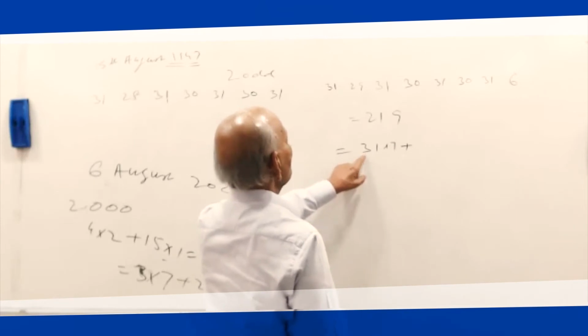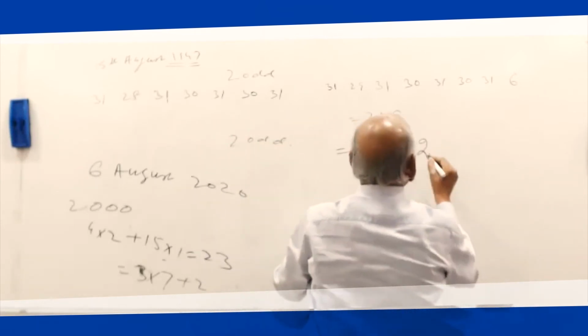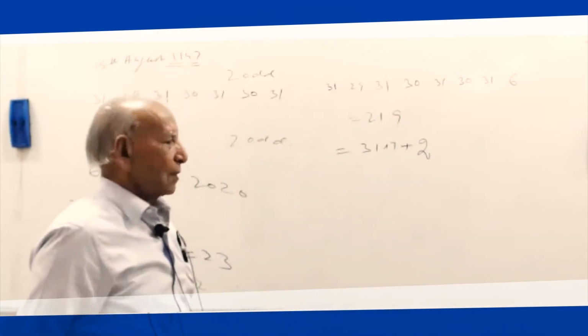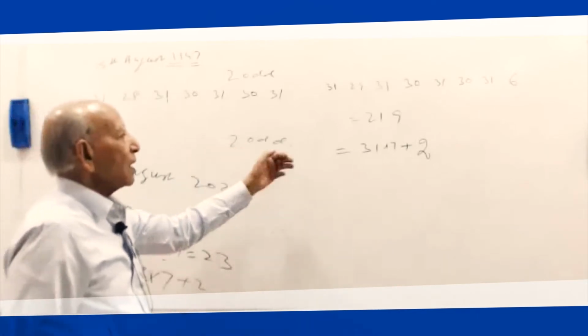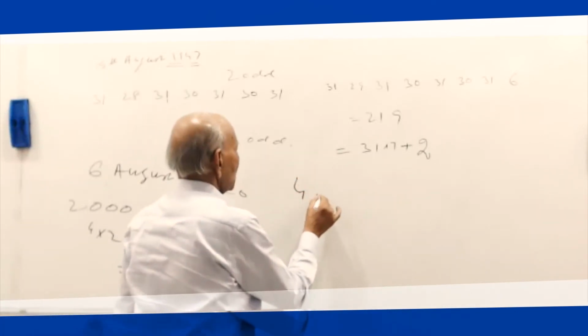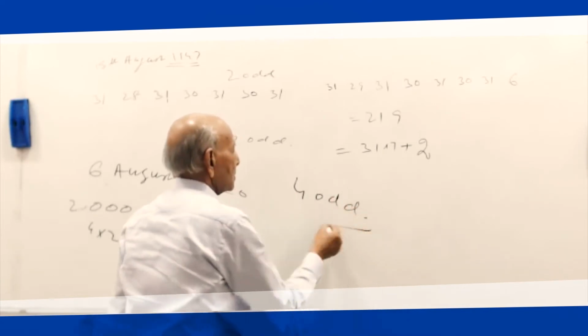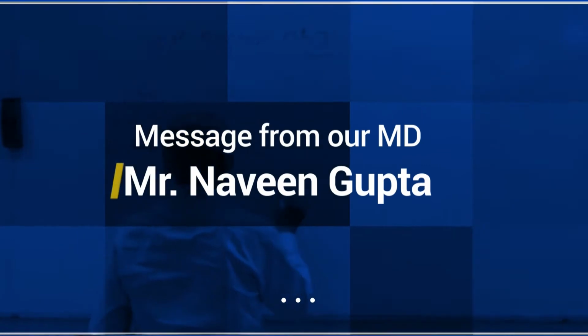31 means 217 and plus 2. So we have got 2 extra days already with us and 2 more extra days, 4 extra days. So there are 4 extra days and count now 4 extra days. So Monday is the...